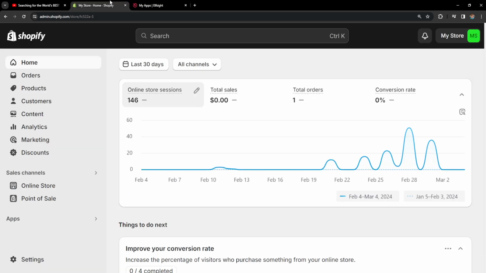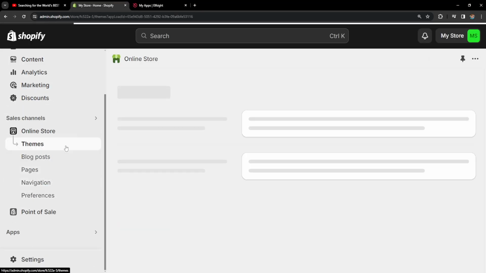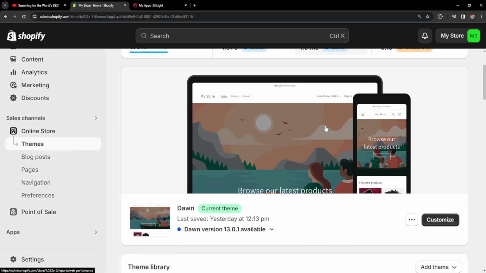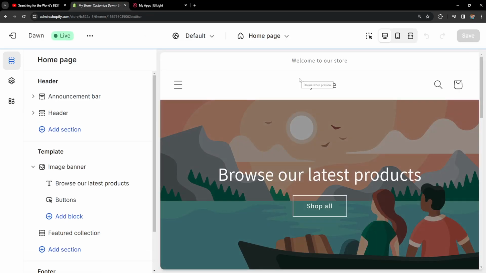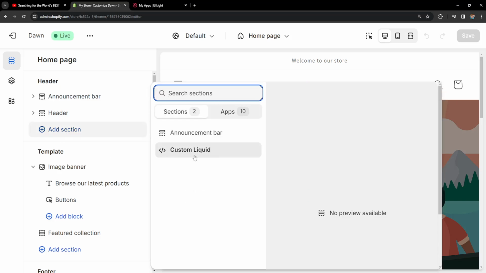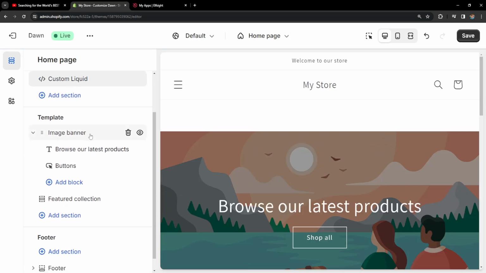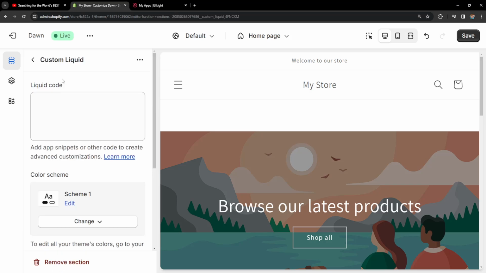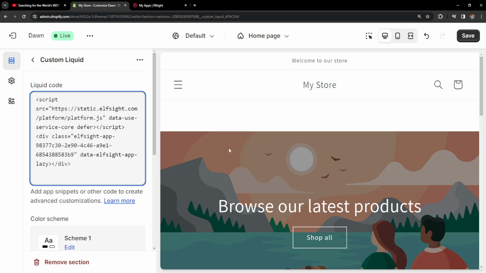We're going to go back to Shopify, and here we will go to online store, themes, and then scroll down until you see customize. So just click on customize, and here we will add a section. Now we will choose custom liquid, then click on the custom liquid itself, and we will paste this code. So after we have pasted the code, then we can click on save,